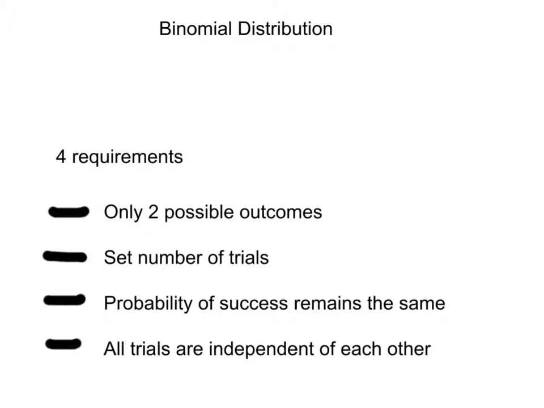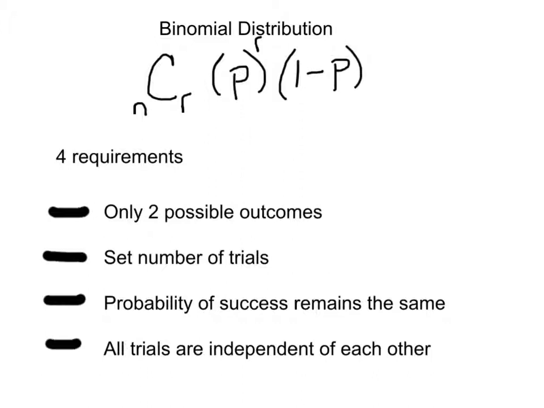Now, there's a formula that goes along with this. And the formula talks about a little bit about combination. It takes this into account, this nCr idea. And then it's going to be the probability of success, which we'll call P, to the R power, and I'll give all these a label in a second. And you might see it as 1 minus P to the N minus R power. This could also be referred to as Q, and that's typically how I refer to it. So this is saying the same thing as